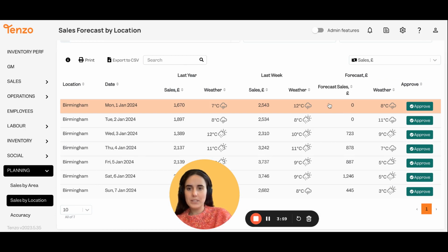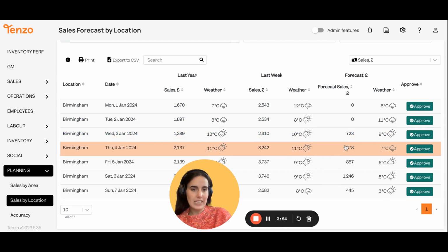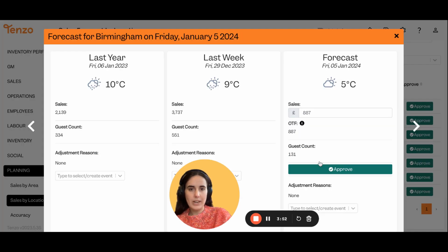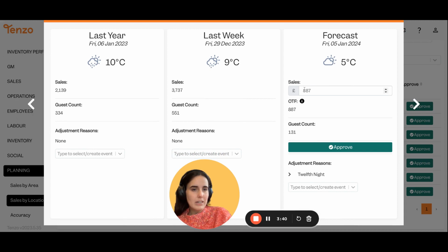So clearly the business was closed on Monday and Tuesday, but back open on Wednesday, Thursday, etc. So if I want to go in and approve Friday's forecast, I can see that we did about 2,000 in sales last year, about 3,000 in sales last week. But given that it's the first Friday back in January, it's looking at this and saying, based on trends that we've been seeing across the board, I think it's only going to have less than £1,000